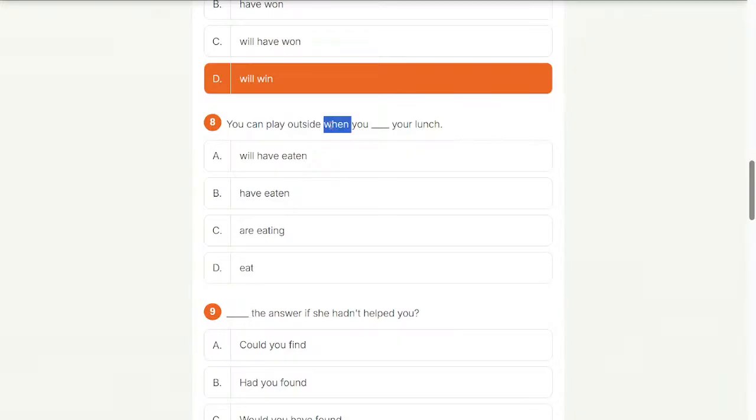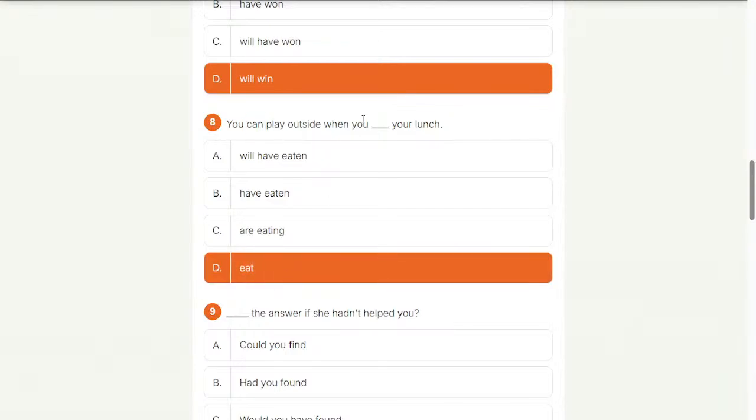I get it. It's a future clause because here we have a modal, so we can use not only will, we can use modal verbs here. So when you eat your lunch, you can play outside. So you can play outside when you eat your lunch.